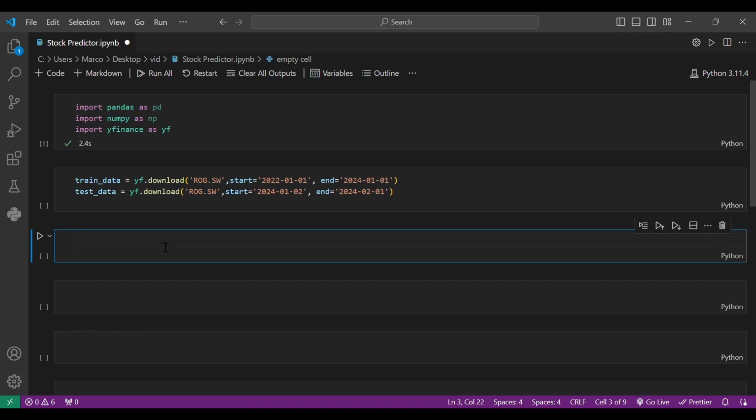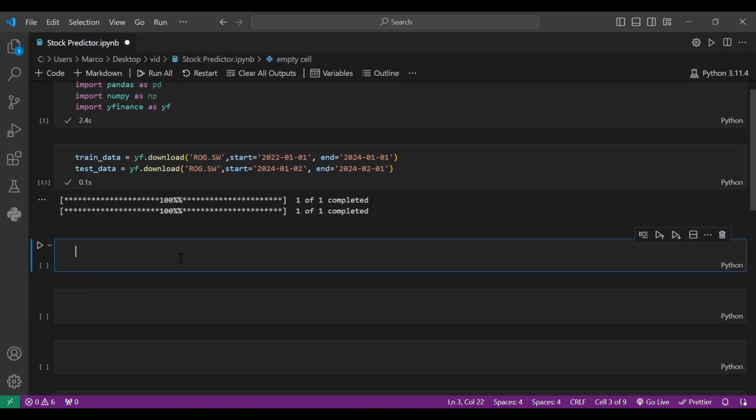As you can see, I have already imported my libraries. We'll be using pandas, numpy, and yfinance. Yfinance in order to retrieve our stock data, and I have also downloaded both my train data and test data. For our train data, we'll be using stock prices going from the beginning of 2022 to the first day of 2024. As for our test data, we'll be using a month's worth of stock prices,